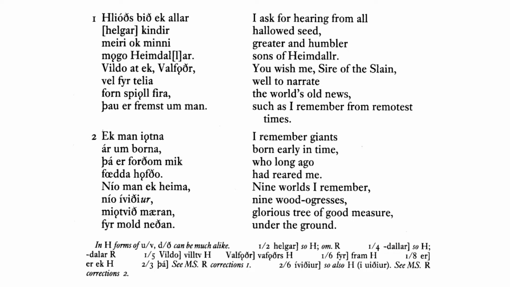One more thing, the manuscripts. What are H and R in the apparatus? How are you meant to know what they are? These are the manuscripts, they're the basis for the text, right? Well, what if you want to double-check them? How do you track them down? A critical edition shouldn't just report what the manuscripts say, it should give you the ability to check them yourself. So how do you track them down?